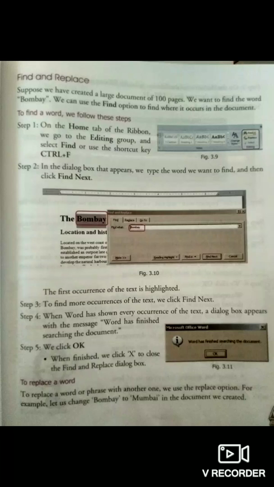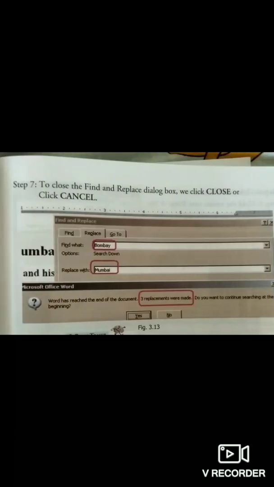Okay. In the Find what box, we type the word we want to find. You can see it in the book also, on page number 40. In the first line, the question is Find what? That is Bombay.